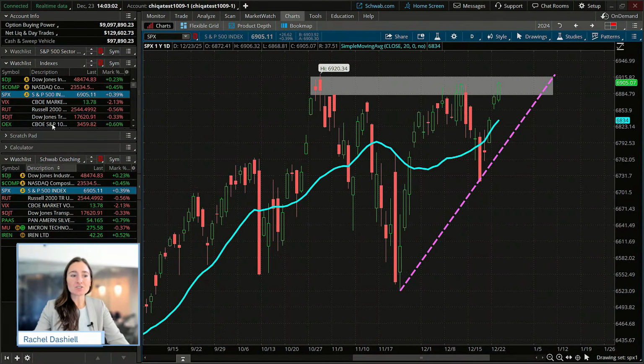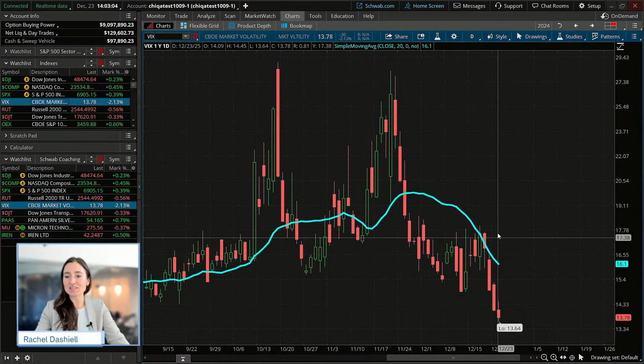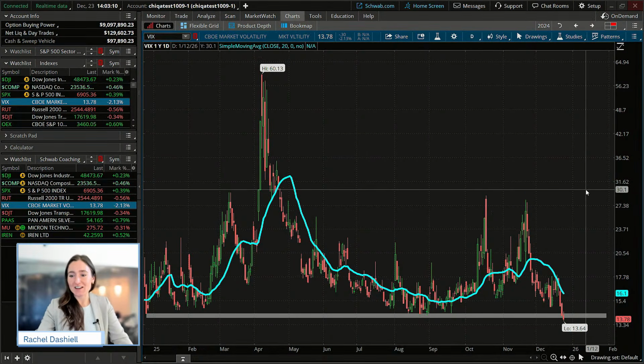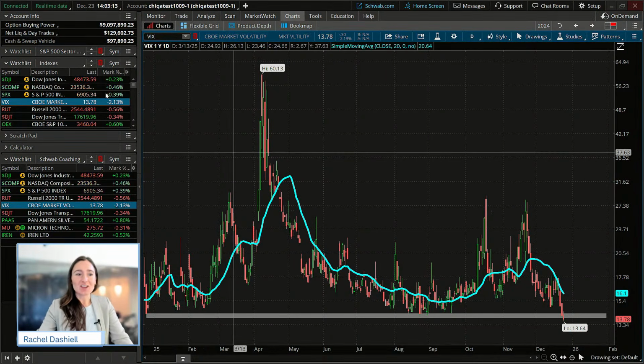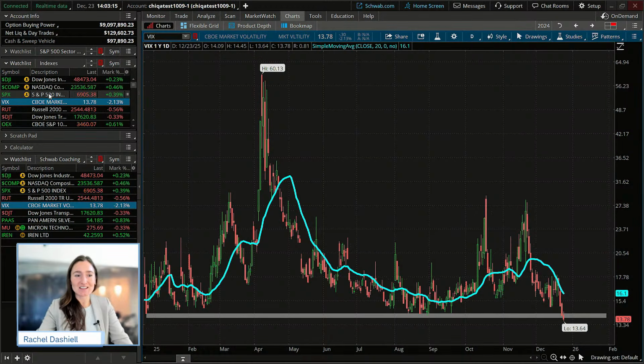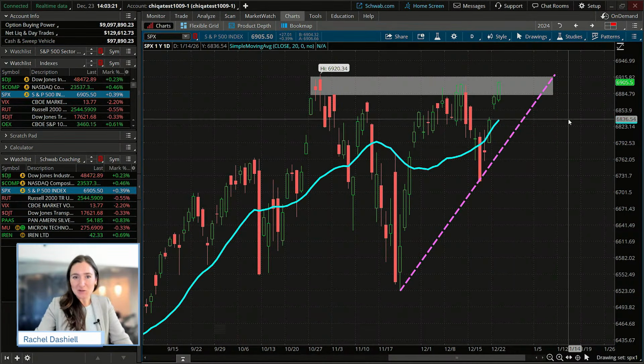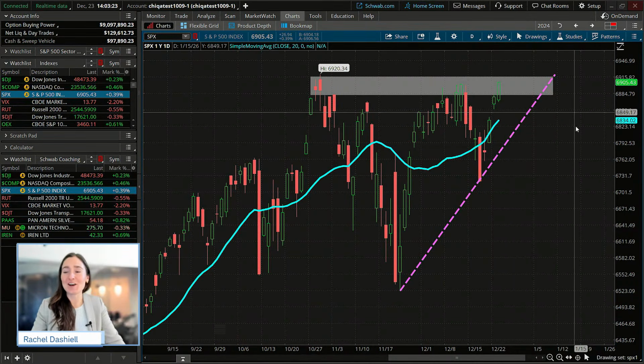I think a lot of traders will keep their eyes out, especially since we're seeing the VIX get to the lowest level that we have seen this year as well. So that gives a lot of setups, a lot of eyes on the street to see what the trend is going to do next. But we are here to talk about Fibonacci today, so enough of market overview. Let's talk about the Fibonacci sequence.